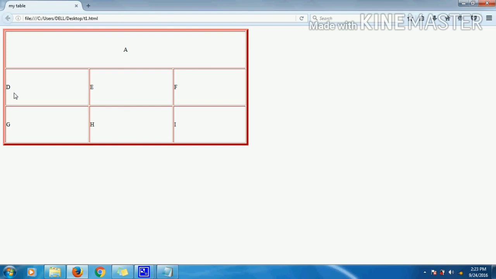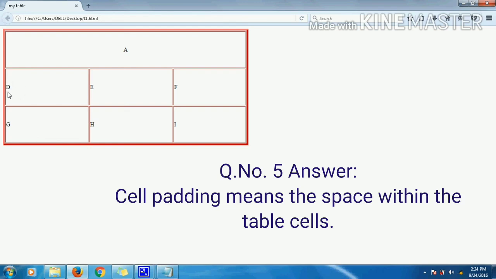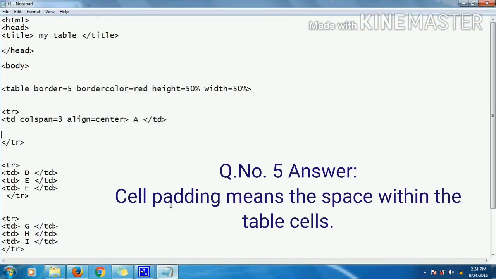Now let us try row span. So row span is used to combine cells vertically. Okay, the first one was to join horizontally, and now it is vertically. Now D and G, as you saw in the video, we will use row span.